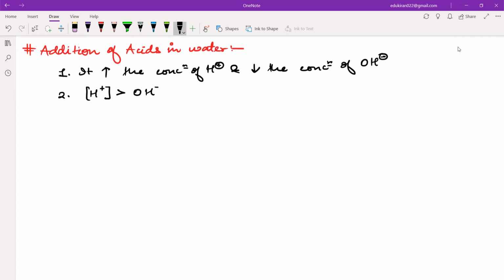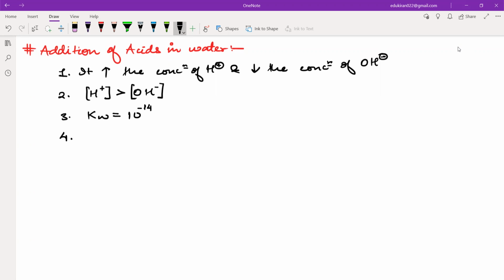This is the criteria: if a particular system is acidic, then we will look at the concentration of H plus and the concentration of OH negative. Third point, Kw is equal to 10 to the power minus 14. It does not change. Kw will be Kw even if a system is in acidic condition. Even if we have added acid in that, Kw is going to remain constant, 10 to the power minus 14, and hence we can say